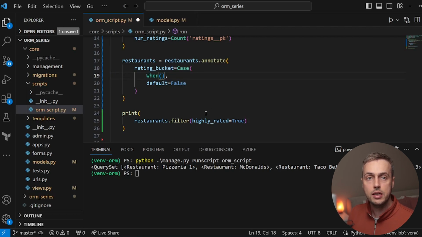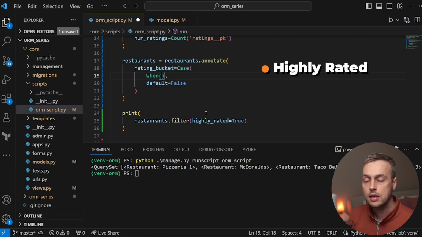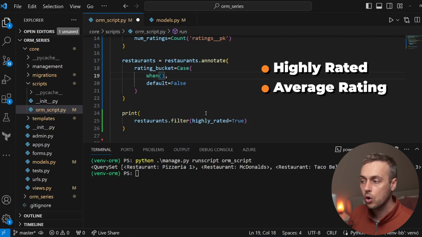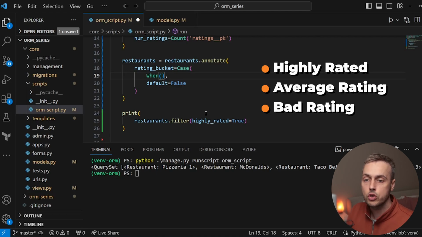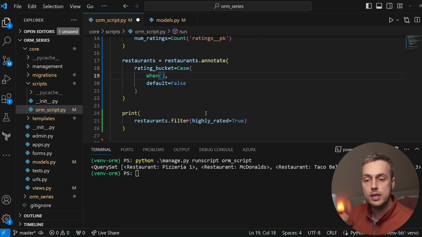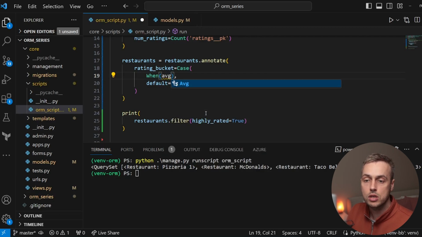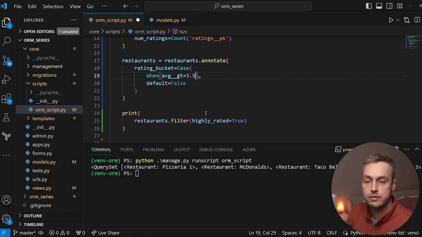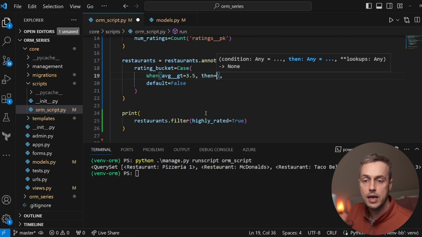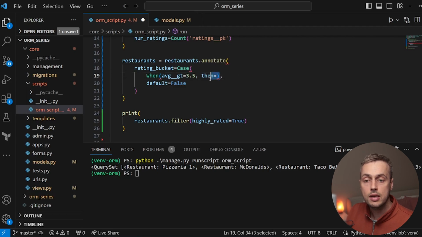So we're going to create 3 different buckets here in our application. A restaurant can either be highly rated, it can have an average rating, or it can have a bad rating. So let's start with the bucket for highly rated restaurants. We can look at the average annotation that we got above, and we can check if it's greater than 3.5. And if that's true, we can set the then value, and instead of just a boolean as we've been doing up until now,